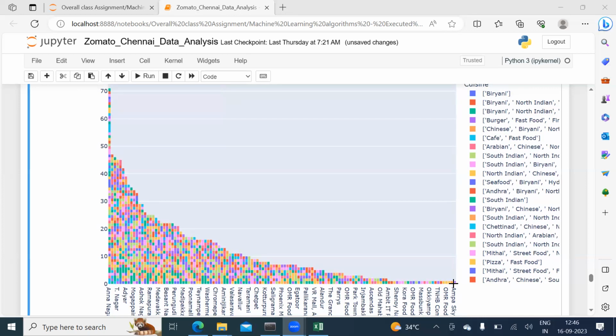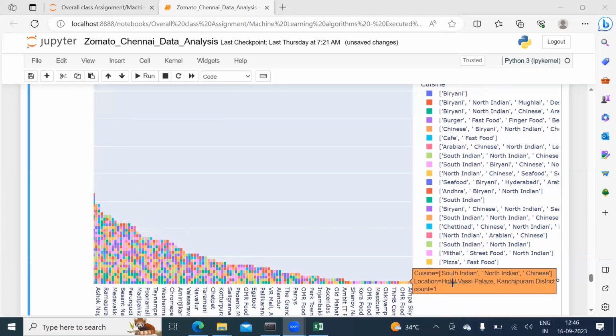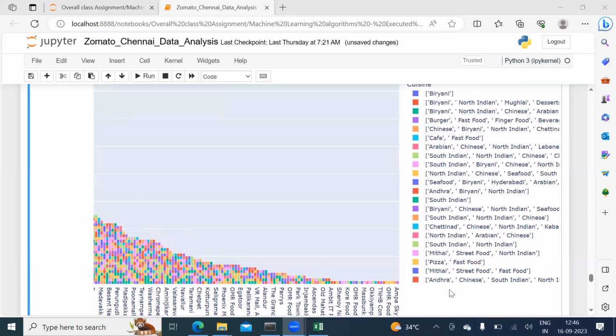And if I take something like Ampa Skywalk, I'm getting burger, fast food, finger food, beverages, count 1. So I can identify all these different types of cuisine with respect to the name of the restaurant and